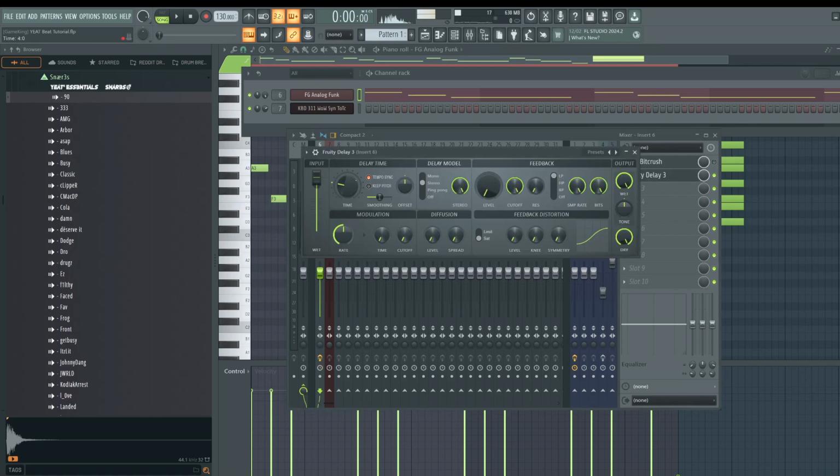Turn down feedback level, turn down delay time, turn dry level down. Everything else becomes an effect here. What we want to do is lower the bit rate. I'm reading the values in the top left here. So now I'm pulling this to 8 bits. Let's mute the bass or the synth for now. Now bit rate just basically adds noise the further you pull it down.